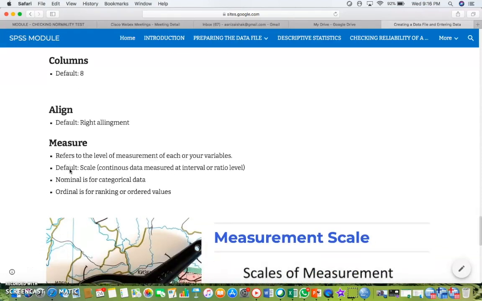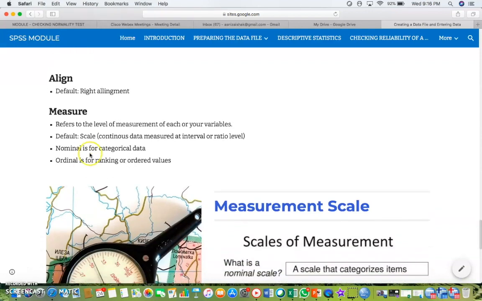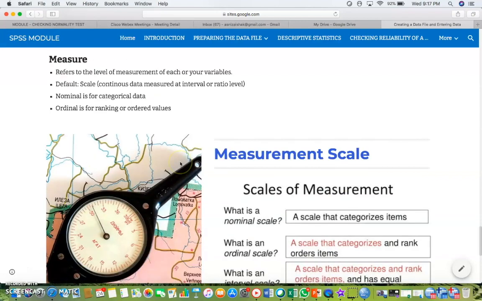Measure is quite important, where you need to tell IBM SPSS the measurement scale of your data, whether it is scale, nominal or ordinal. Scale is a continuous data measured at interval or ratio level. Nominal is also known as categorical data, and ordinal is used if you have ranking for your measurement.